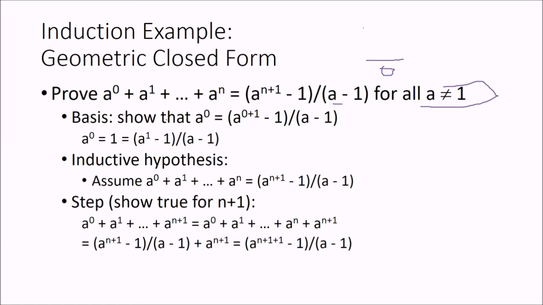So the basis, as we know, is always the first one. Let us place 0 here, means in this function we are just replacing n with 0. So this becomes a to the power 0 plus 1 minus 1 by a minus 1. A to the power 1 is a only, so a minus 1 by a minus 1 cancels out, and we find 1, and a to the power 0 is 1, which is actually this. So this is our basis function.